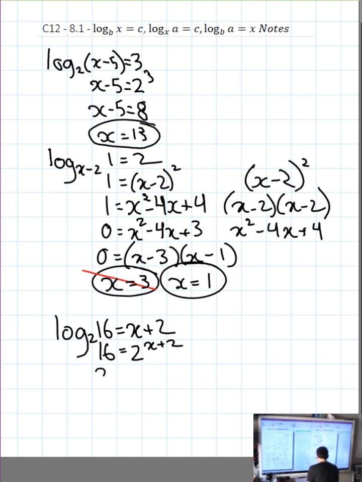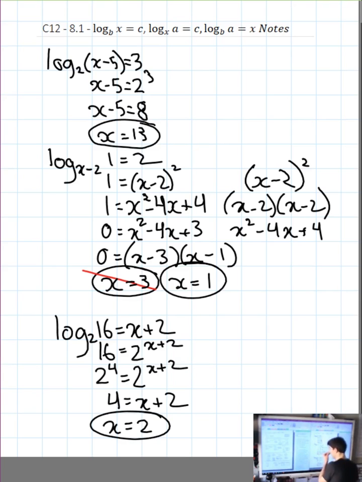I know 16 is 2 to the 4, performing change of base from last chapter, and now I have the same base, so I can simply make my exponents equal to each other. And if I subtract 2 from both sides, I know x is equal to 2. One final note,